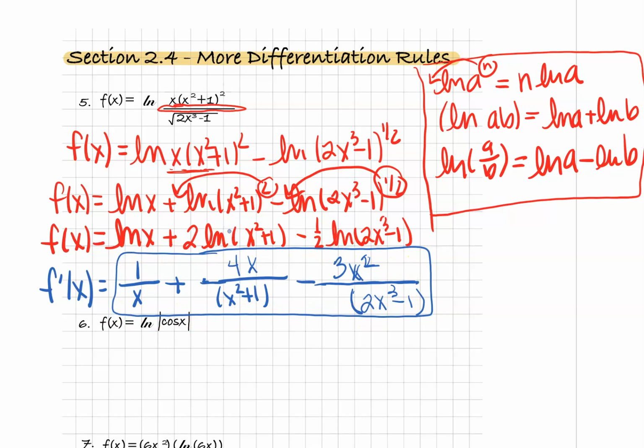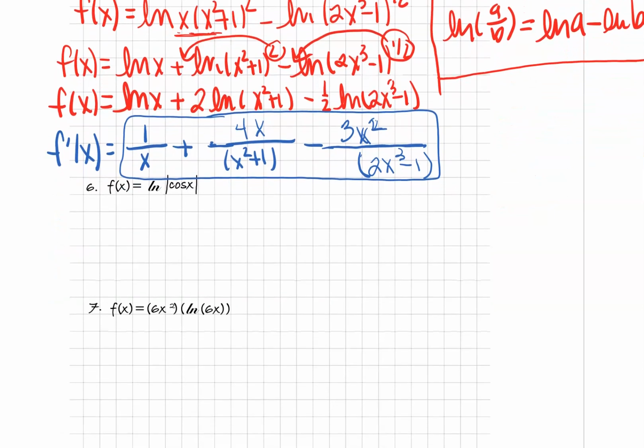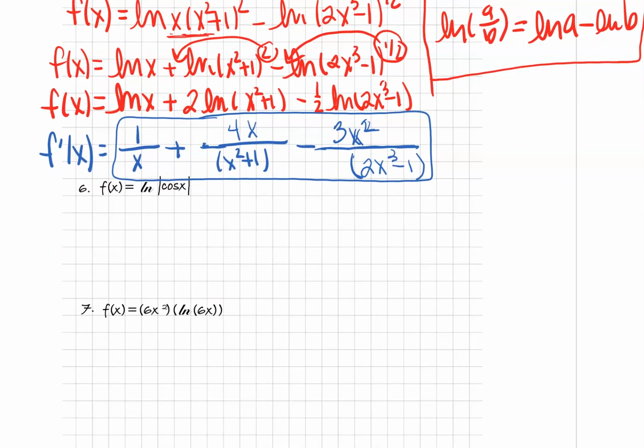But you can see algebra was so helpful, and then we were able to just do our calculus concept of the natural log. Now let's look at natural log and trig. I know you've been missing out on them trig functions this section. Well, the same is going to be true with our trig. Now you're going to notice that I have ln of the absolute value of cosine x. And if you remember within the domain of natural log, it had some restrictions. It had restrictions of the fact of I can't take the natural log of certain values,